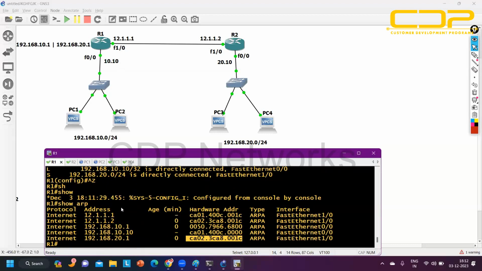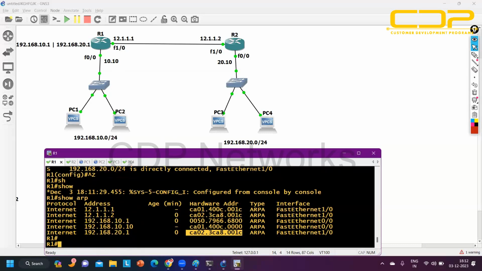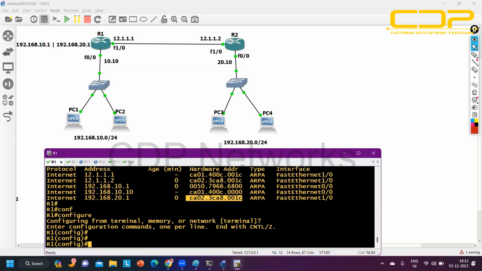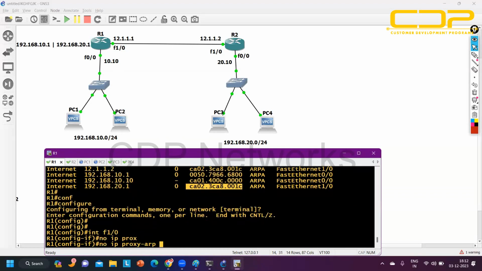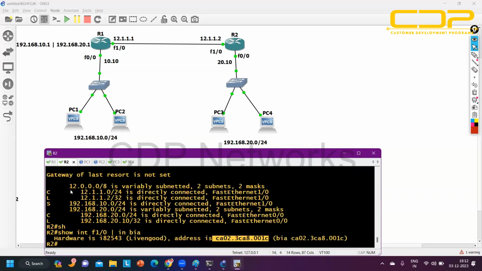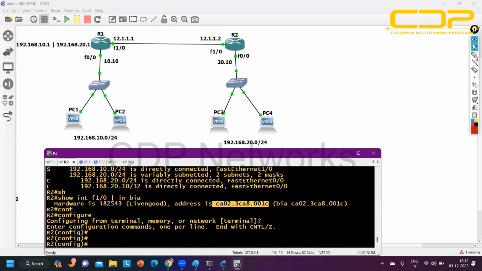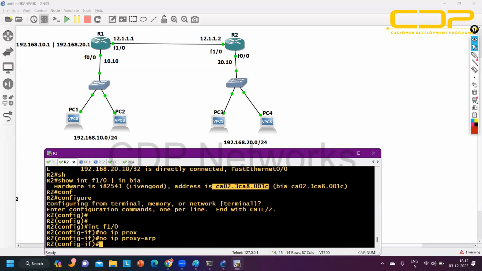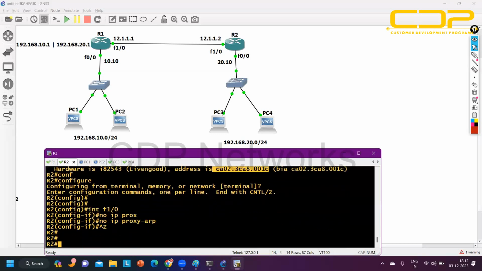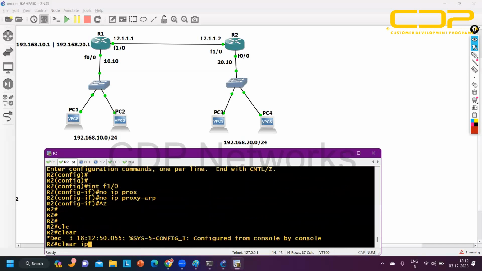This is because of proxy ARP. If I disable proxy ARP, on interface FastEthernet 1/0, if I say no ip proxy-arp, and on router number 2 also on FastEthernet 1/0, no ip proxy-arp. I have disabled proxy ARP, and I am going to clear the ARP table, clear ip arp